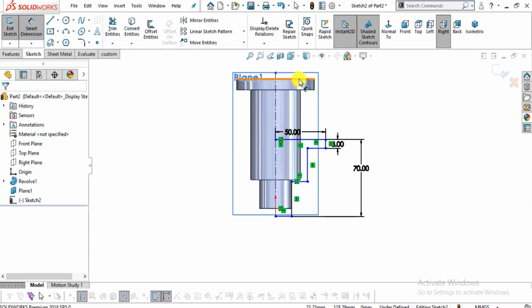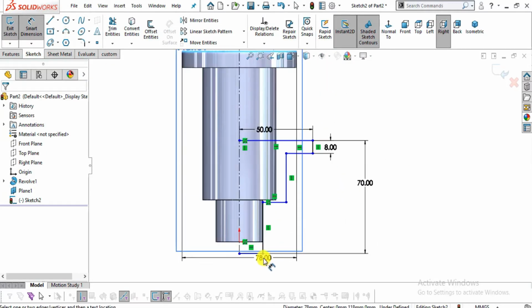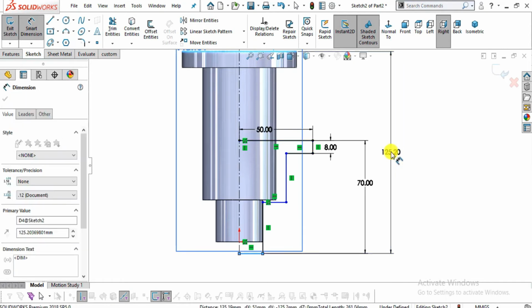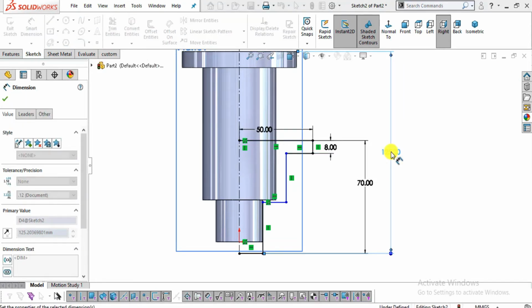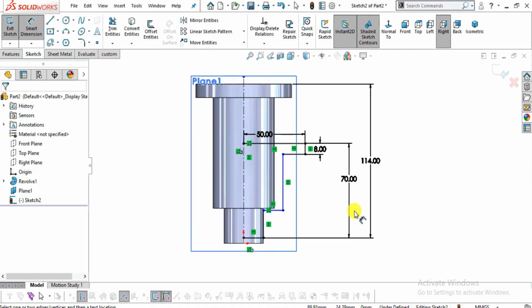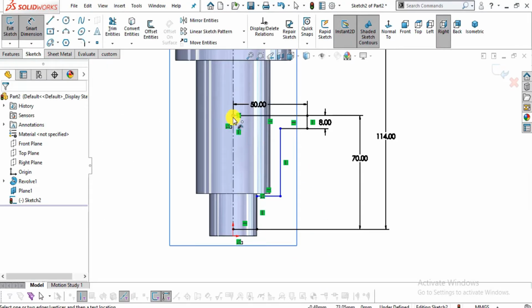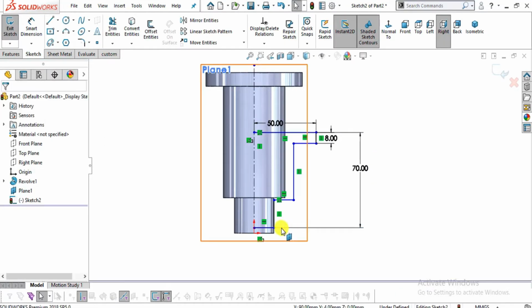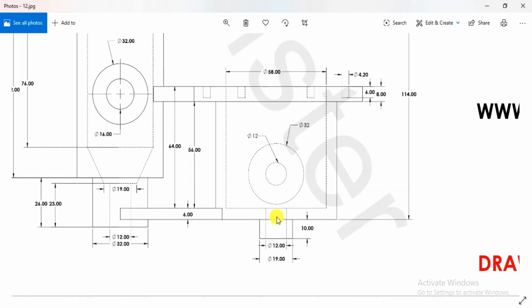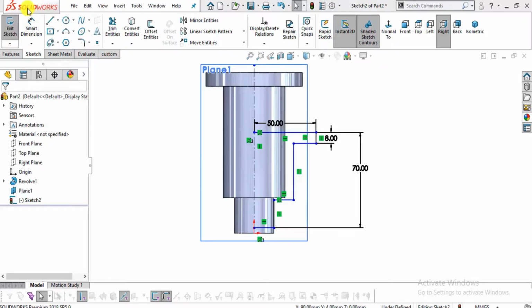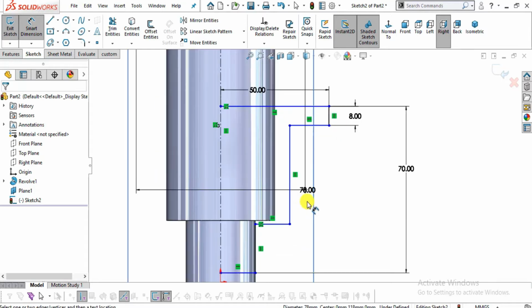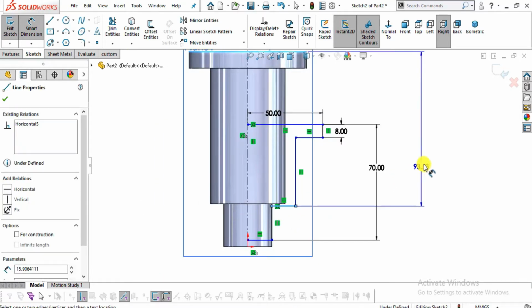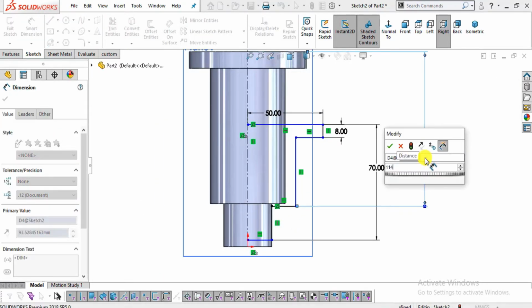So select this top edge of other body and select this base. This will be 114 mm, like this. Sorry, let me delete this distance because it is not up to here, it is up to here. You can see up to here. So again, select smart dimension, select this one and this one. This distance is 114 mm.